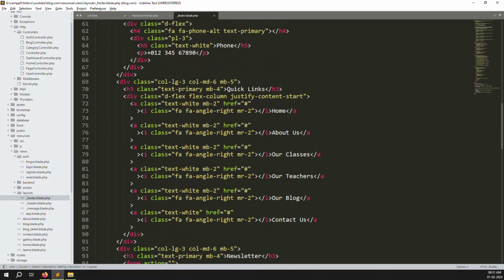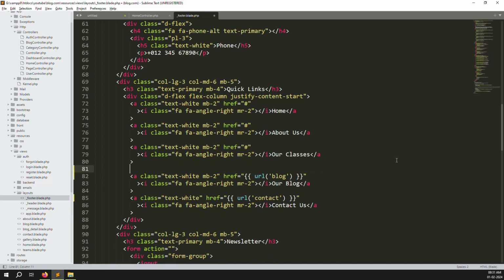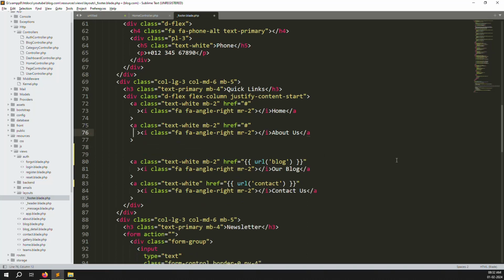So just go to footers, and here I can change like a URL contact. Okay, this is the URL I know. Now our blog, so we can write like a, here is a blog URL. Okay, our teacher right now not there, so just remove this line. I don't want to take time. Here not there, so our classes we are not there, so just remove. Here is a term and about us there,